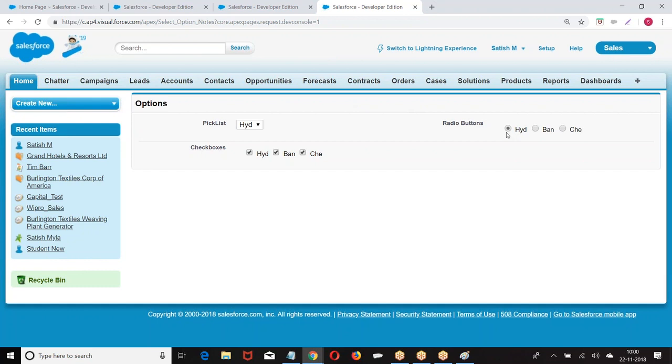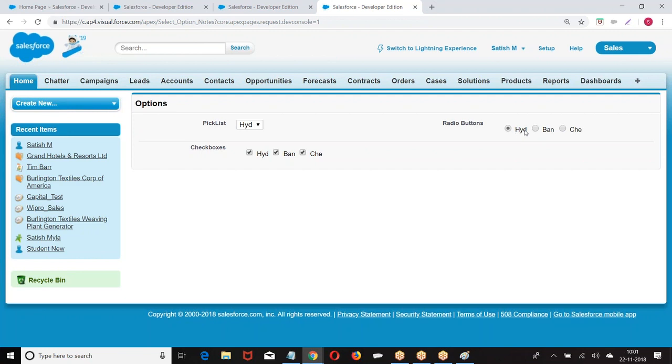What you selected is only a label. When you select this label, what is the value that should go to the server? That we are giving as item value. When you go to the server and write an Apex class, you write the logic. Now we don't have any Apex class, so I'm not writing any logic now. When you select this, what is the value that should go to the Apex class is the question.